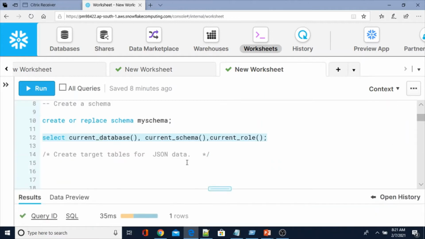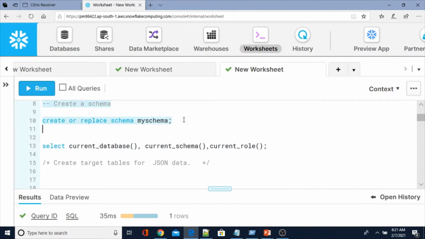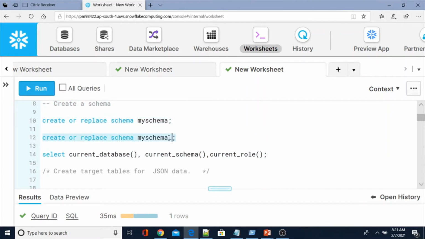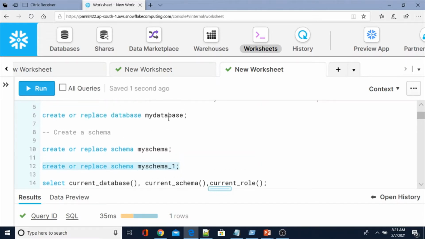Now if you create another schema, let me create another schema here, schema underscore 1. I am going to create another one, now specifying the database name.